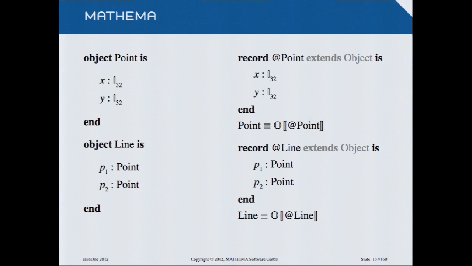Yeah? Okay. So if you translate our Java example, you see we write simply object point, and what happens is that we create a record, and this record extends object maybe, so there are additional informations, and the point name from the object is actually a reference to this created record, just to make sure that they are similar. So if we have a record which will be managed by ourselves, and we have an object which will be managed by a virtual machine, we have similarities, and we can use it in the same manner.